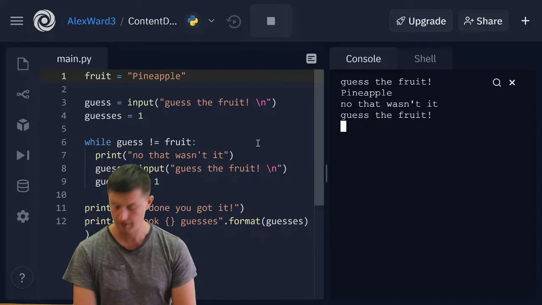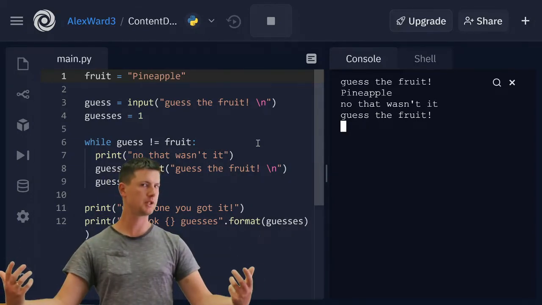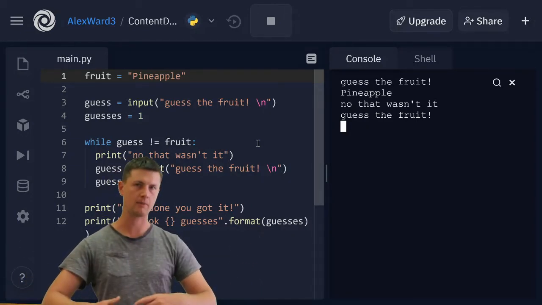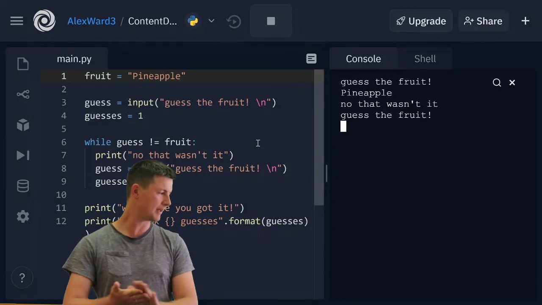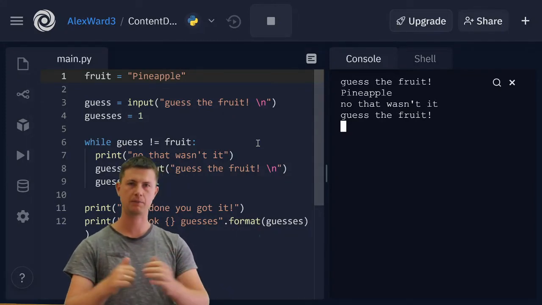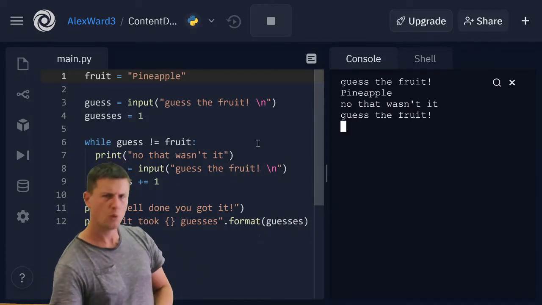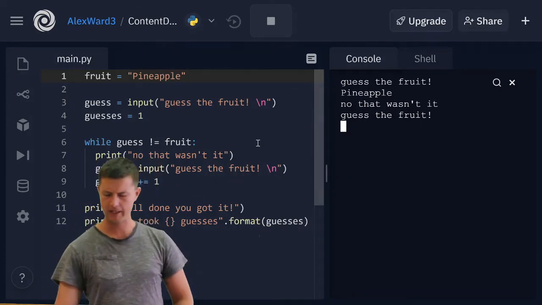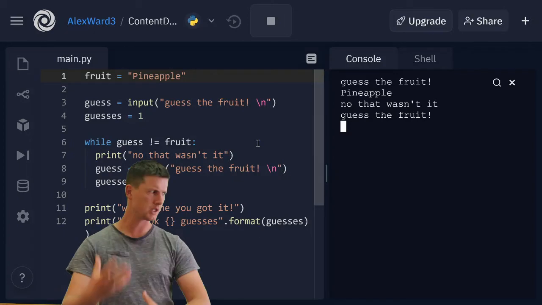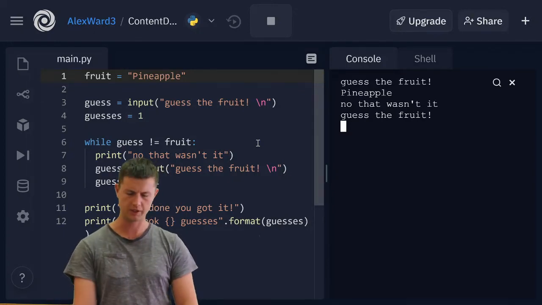But that's it. That is pretty much all there is to know about while loops at the moment. They will come up again, but for the meantime, that's plenty. We're going to start mixing it up next time and actually combining some of these things together in new and interesting ways. See you there.